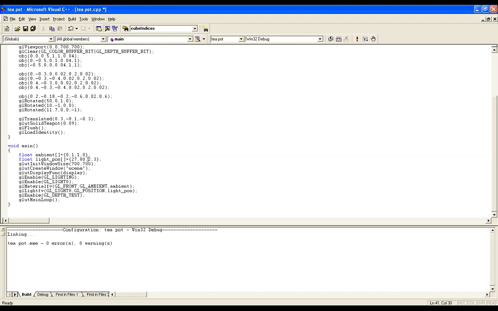You people can vary these positions and see how the light affects the background, the window we have developed with three walls, one table top and three legs, which is going to vary with the light properties.